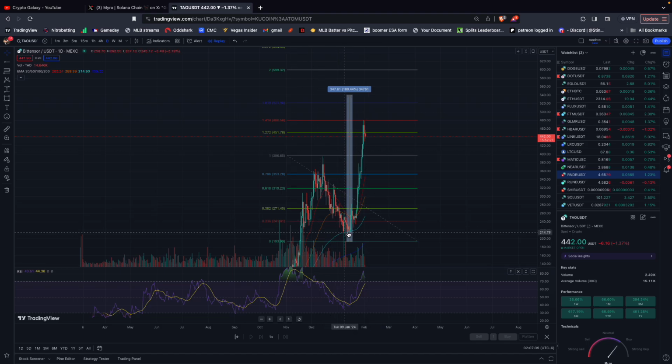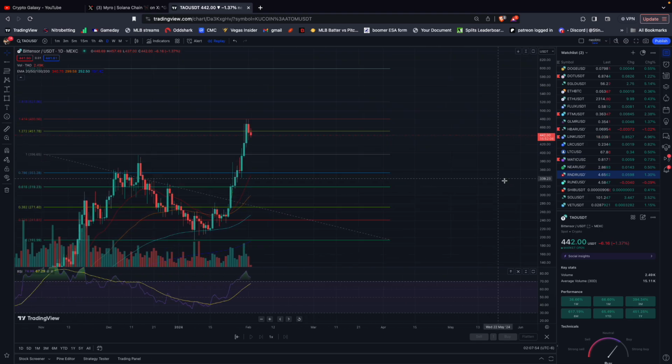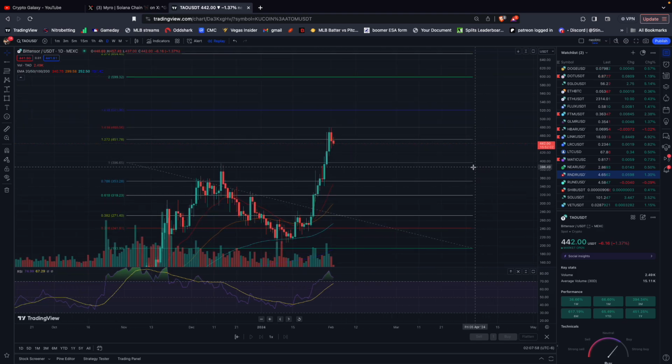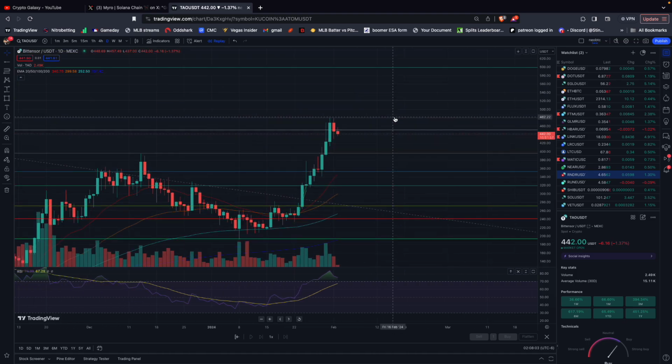It could see something like this being wave 1, wave 2 down, and then next wave 3 up. Kind of thing, but targets are upwards of $500 on TAO. Unfortunately, the breakout stopped where it did. Once we broke out of this level, I kind of assumed a little bit more of a run up than that, but again, we literally tipped the